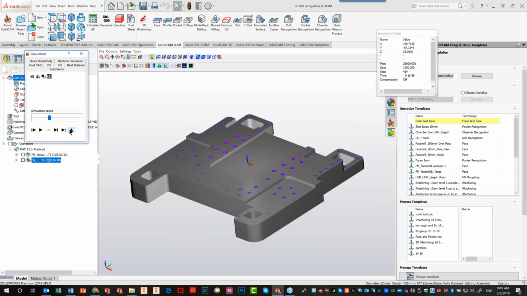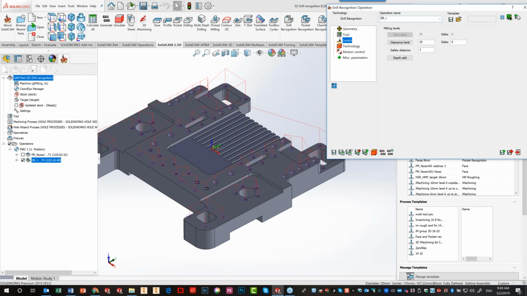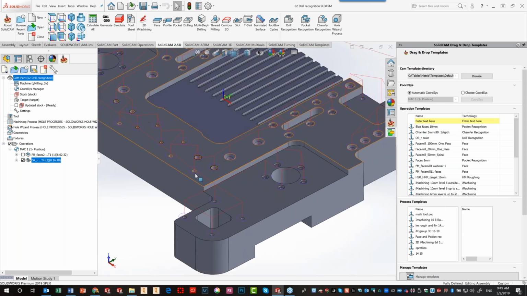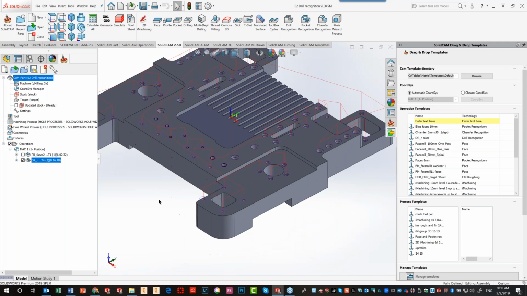Okay, now my next operation is I'd like to use only one drill. Remember, the drill recognition is a single tool operation. So now I just want to demonstrate on one other hole diameter, and I'm going to be using this particular diameter over here, which I know, by the way, is on 2 different levels. Okay, so when I go to my drill recognition,